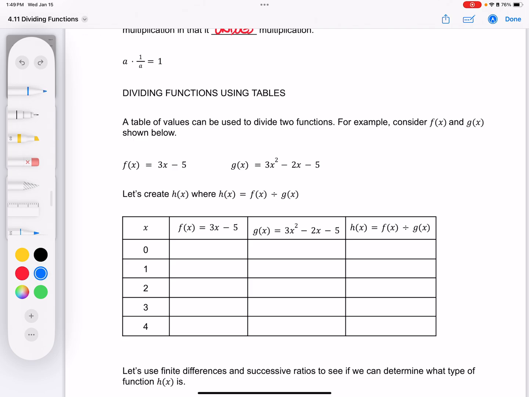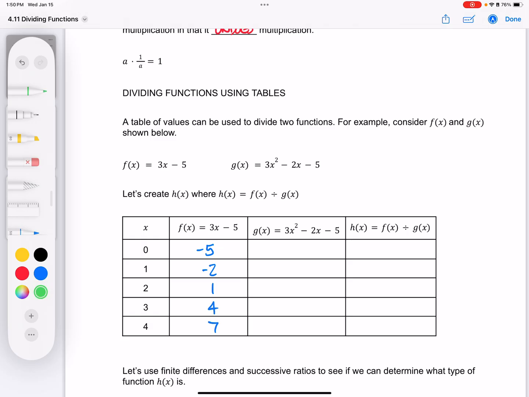We can use a table of values. Consider f of x and g of x. These are the two functions, all right? So we can create a table of values for each of these, yes? So if f of x is 3x minus 5, if I plug in 0, it's minus 5. If I plug in 1, 3 minus 5 is minus 2. If I plug in 2, 3 times 2 is 6 minus 5 gives me 1, and then 4, and then